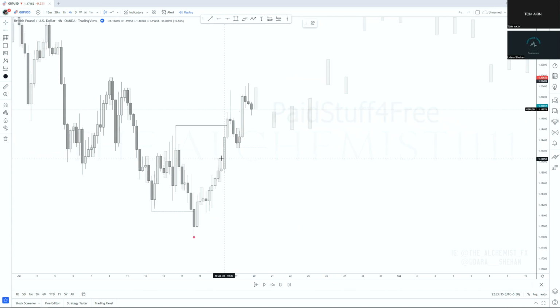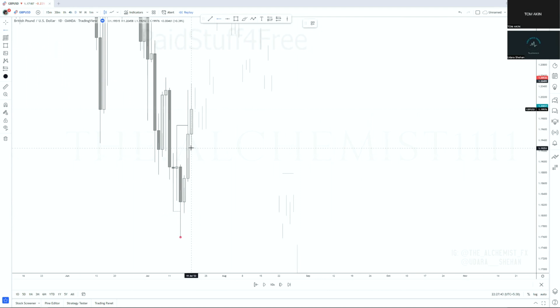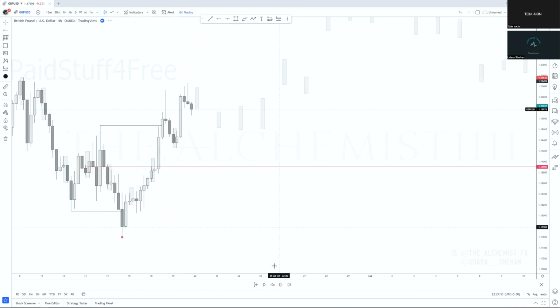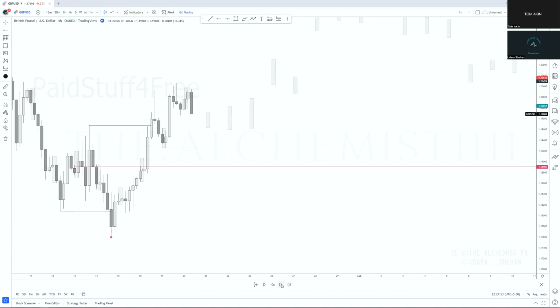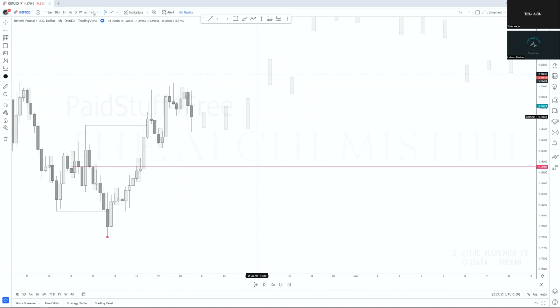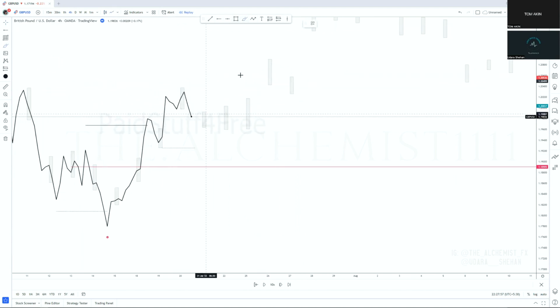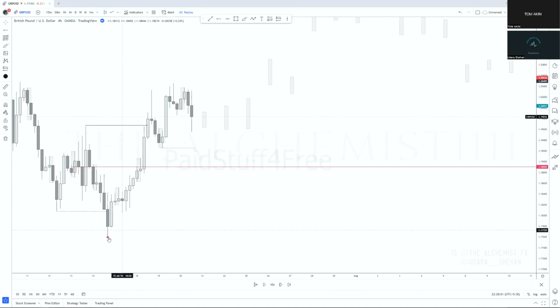Just because the 4-hour imbalance is very clear, are we going to use that as the point of interest? No. I told you to first check with the higher time frames. Go to the daily. What do we have below this? Order block and the breaker block in the same place. Can you see that? So then what you could do is, once again, if we play price forward, ignore these wicks, use a line chart, you'll see the range confirmation. Can you see that? You have the confirmation of the range from here to here because we got the bearish